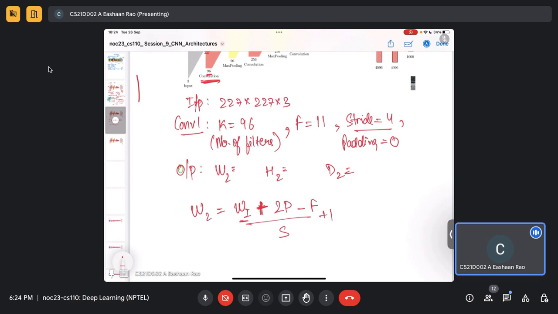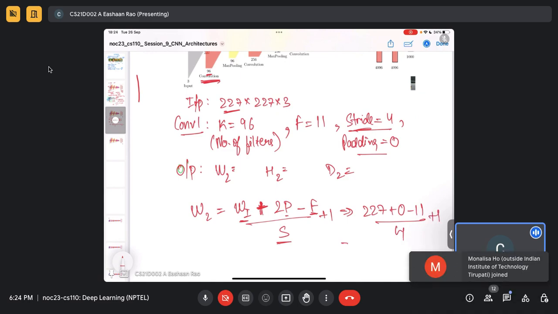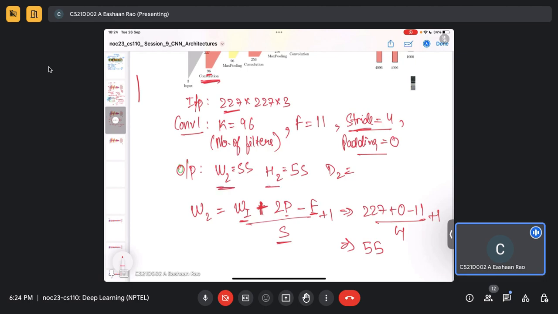Here Wi is the width of the input, P means padding, S means stride, F means filter. So if I put in 227 plus 2 into P, where P is 0, minus 11, divided by 4, plus 1, I will get 55. That means W2 and H2 will always be equal. If I get 55 for W2, H2 will be the same. Width and height will always be the same dimension, and depth will be equal to the number of filters,